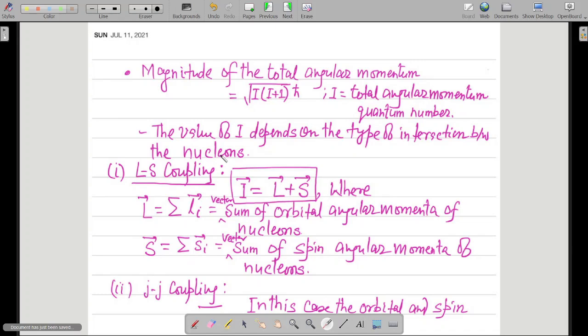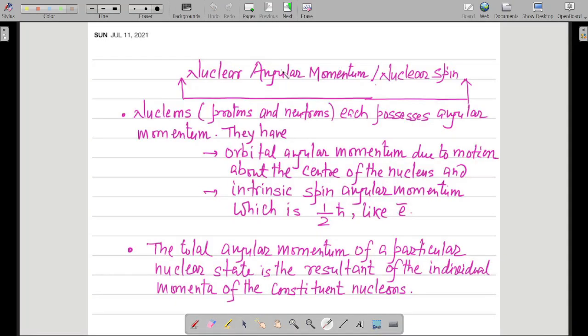The value of I depends on the type of interaction between the nucleons. What is this I? This I is your total angular momentum quantum number. Now you have already seen orbital angular momentum and spin angular momentum. We have two types of angular momentum, right? Orbital angular momentum and spin angular momentum. When we combine orbital angular momentum and intrinsic spin angular momentum, we get the total angular momentum. So let me write over here